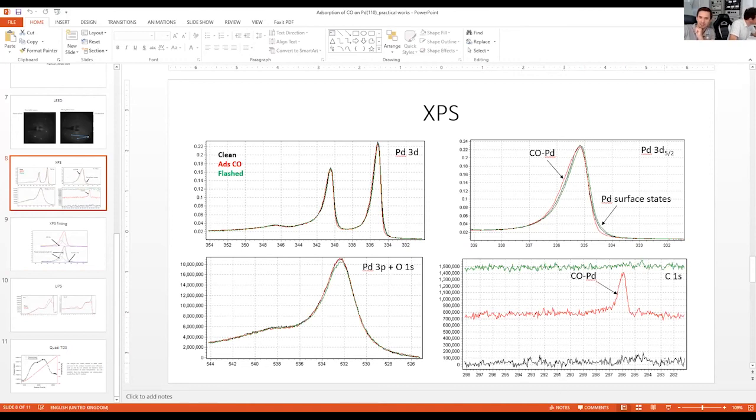So this is the clean palladium surface. This is the palladium after CO adsorption. It was CO adsorption in vacuum, so a short exposure to CO. And then after heating, we did a flash to 600 K, and all the CO was removed. And you see again that the palladium peak returned. In the case of oxygen, it was really difficult to see anything, as the palladium 3 peak is dominating,